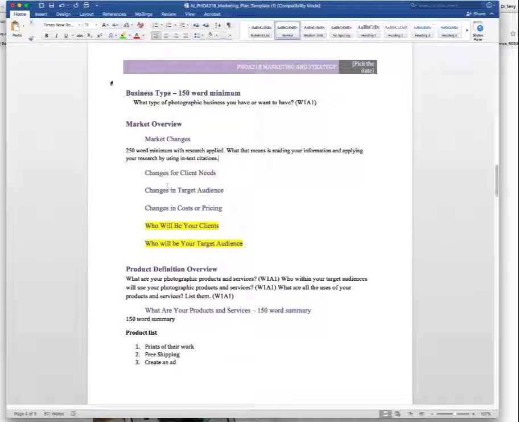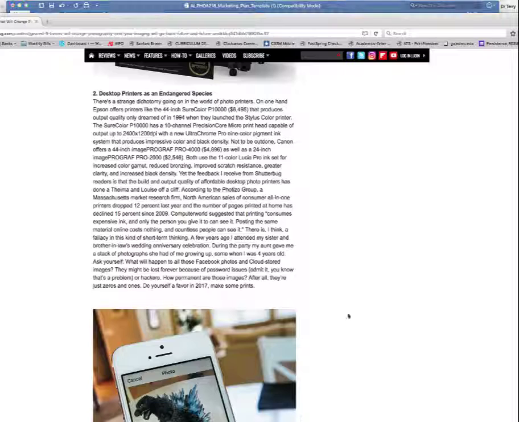Okay, so this is it in a nutshell. 250 word minimum with research applied. What that means is reading your information and applying that information to your writing by using in-text citations. So if I'm coming on here and I'm writing about new changes, new trends, according to Computer World,